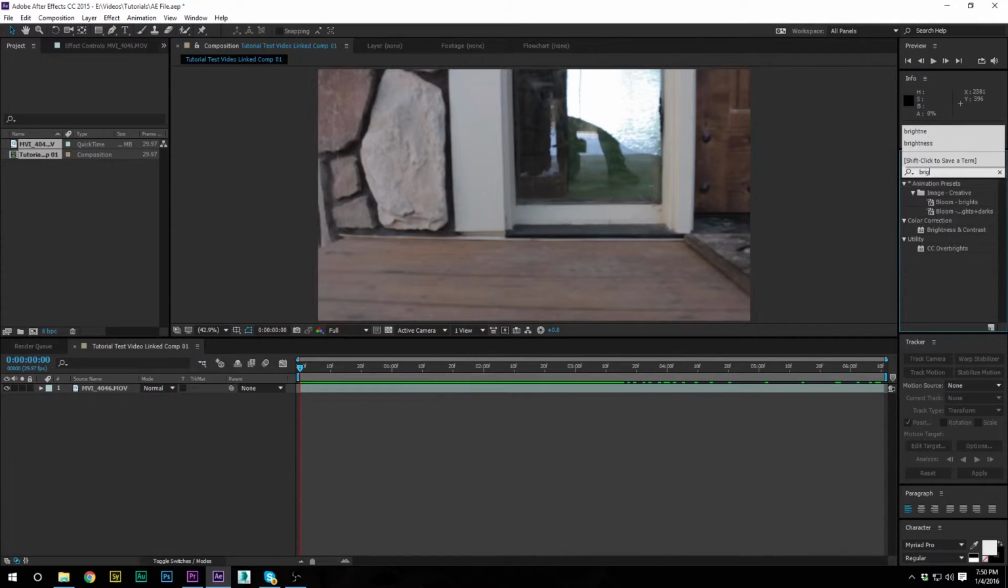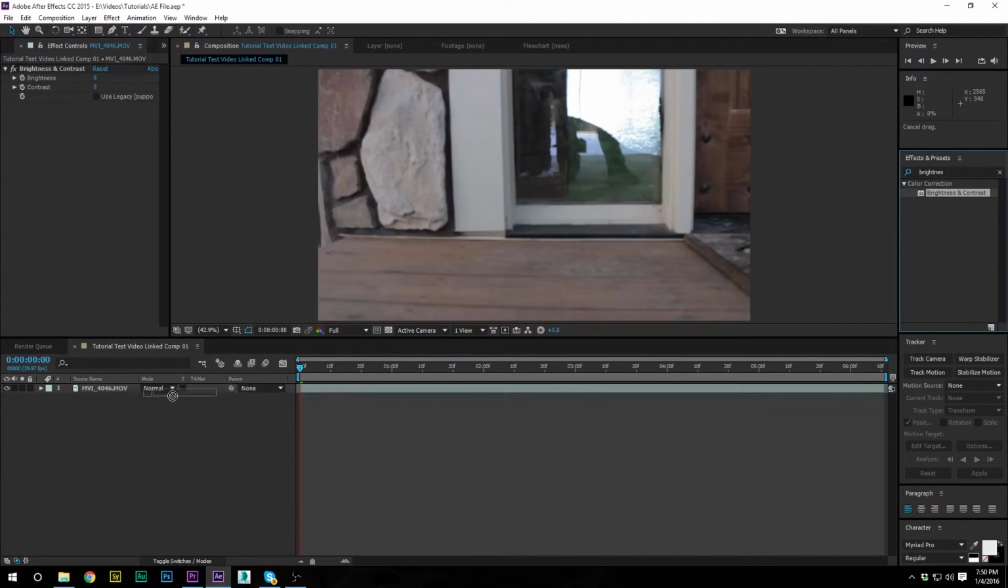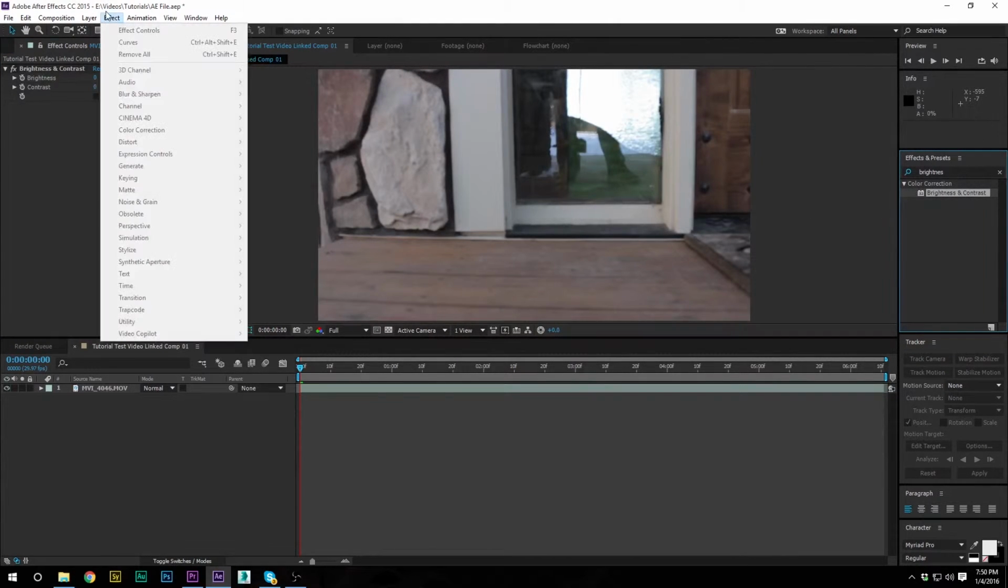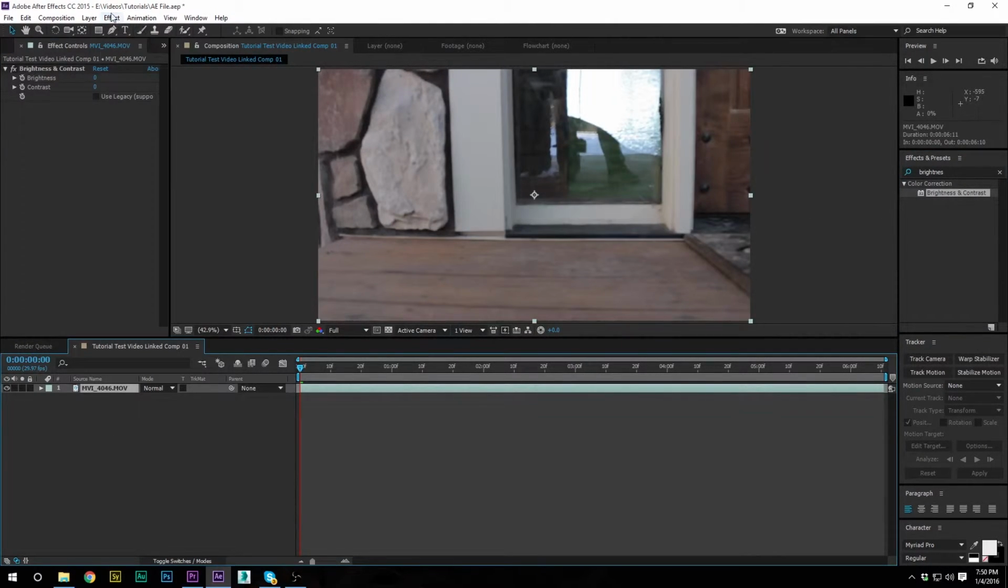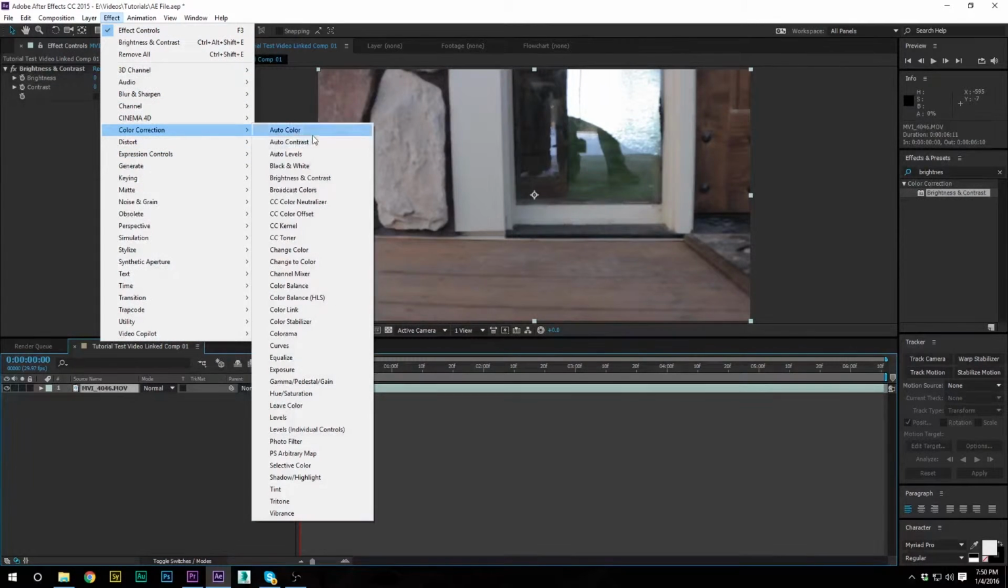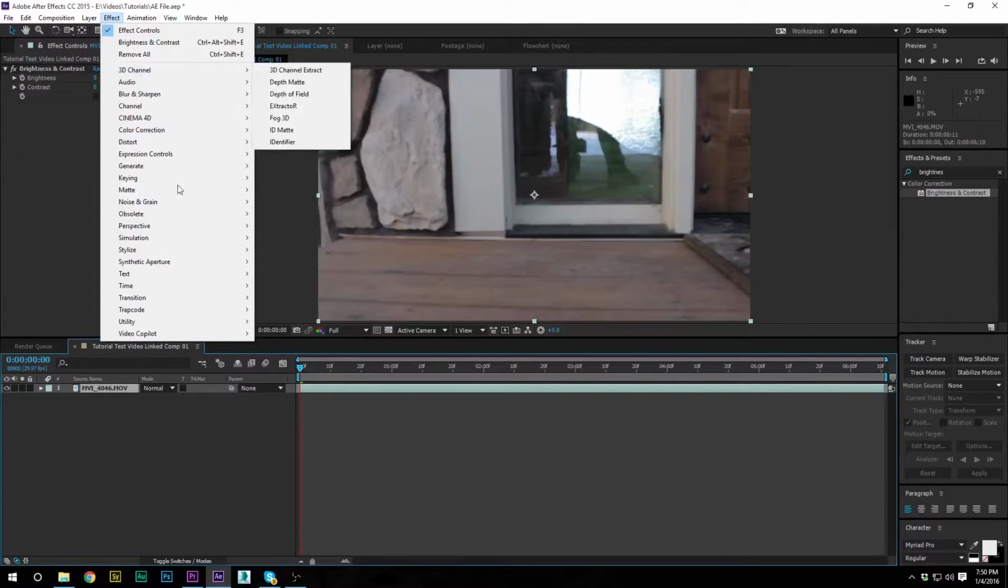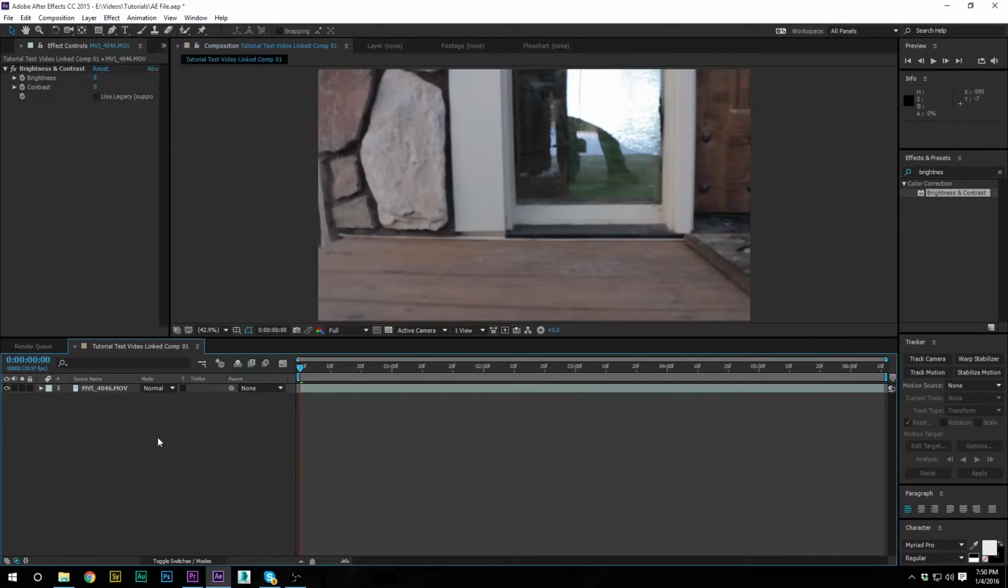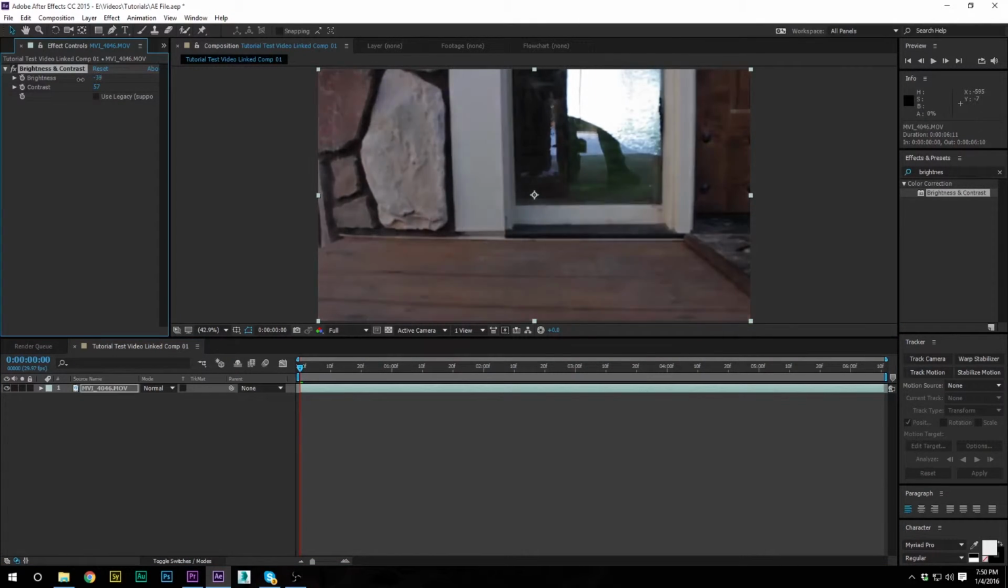So let's go to brightness and contrast. Drag and drop that onto there. You can also do effect, color correction. It's right here. But these are all the effects in After Effects. We'll go over a lot of them in the future, but right now we're just going to stick with the basics. So I'm actually going to increase the contrast, bring the